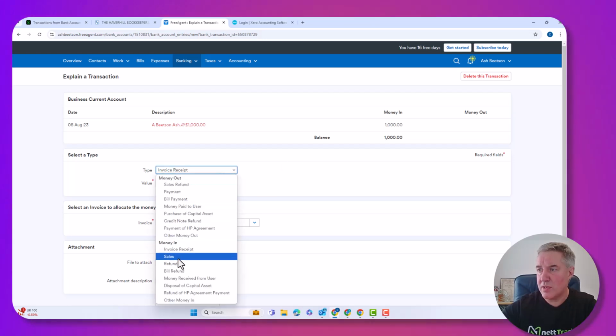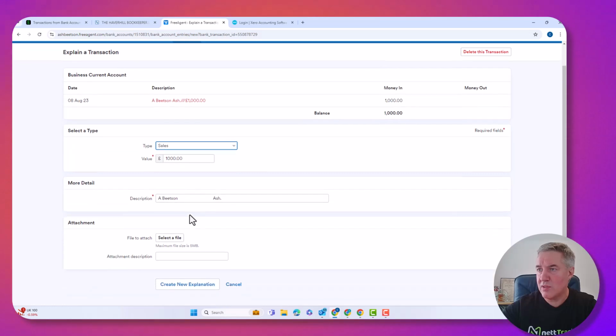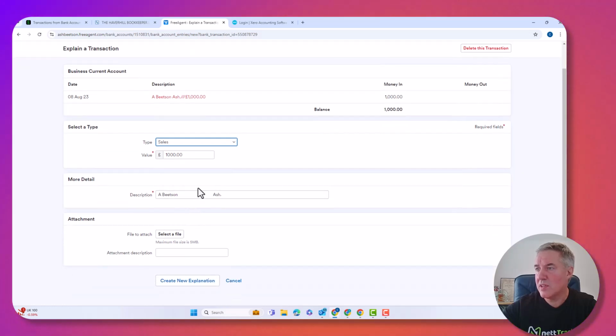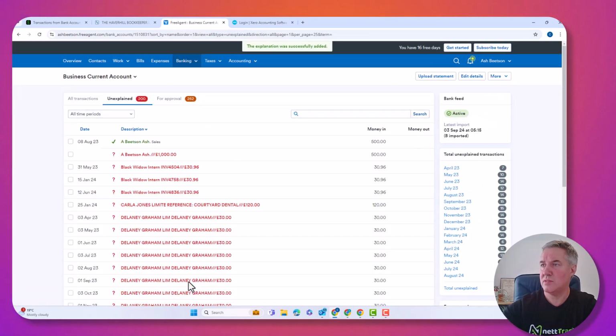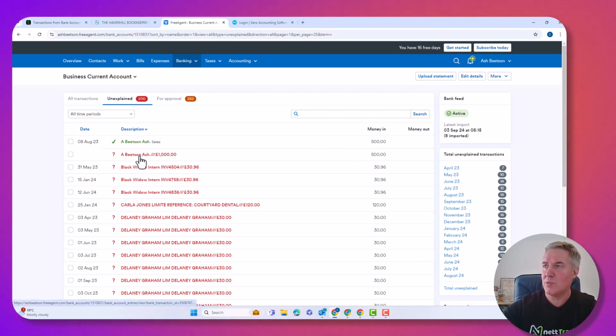And let's put that to sales. Can I create, if I was just to put, because that's 1,000, if I was to just put 500 there, create a new explanation. Look, it split that 500 into 2. Wasn't exactly what I was expecting, but